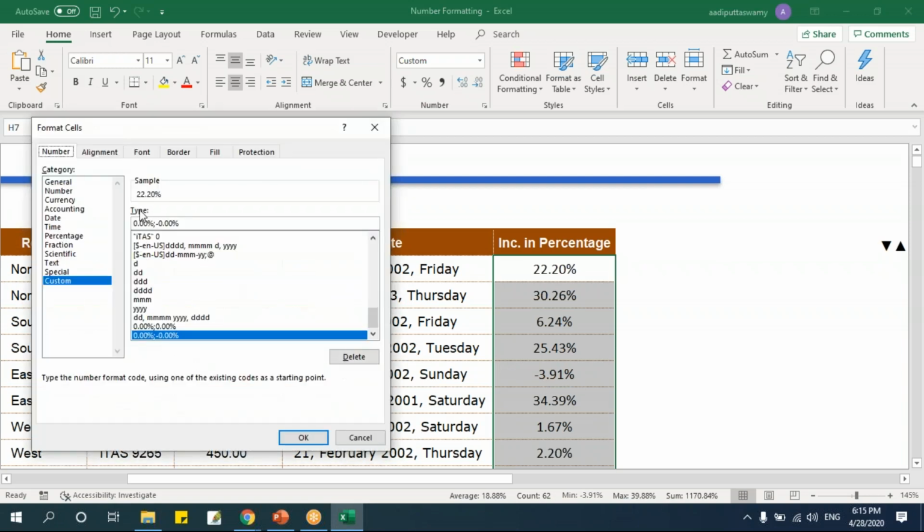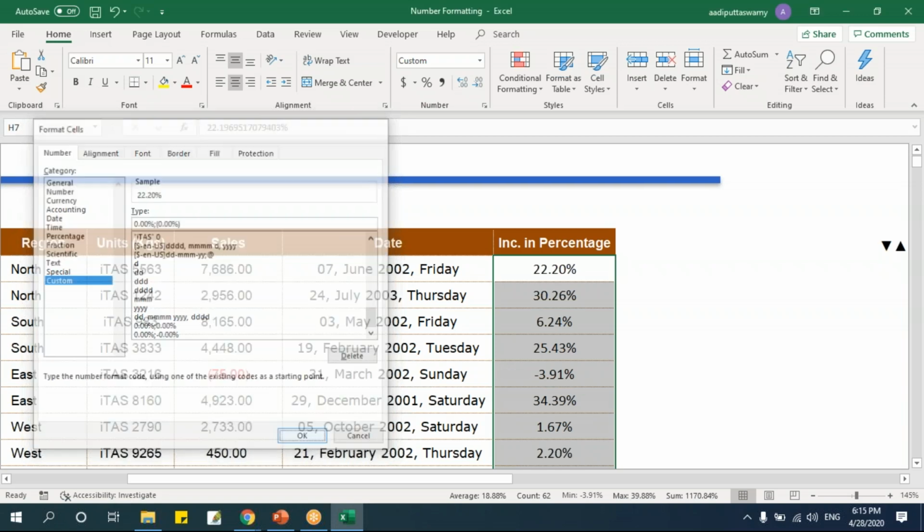Now I know there are two sections, one for positive and one for negative. So whatever format I give here will get applied for positive or negative. I don't want this minus sign, so I'll put a bracket here in the negative section. Say okay. See,